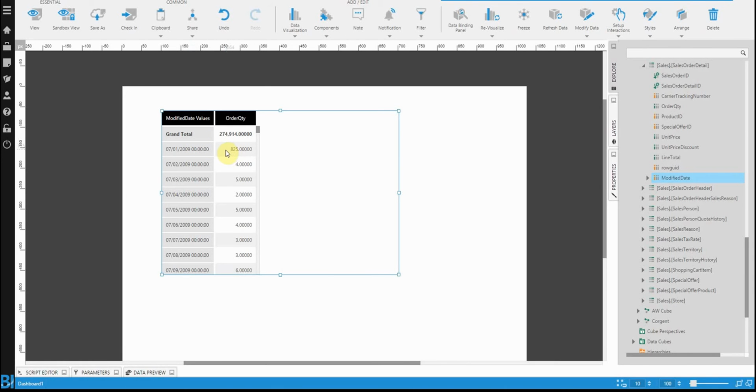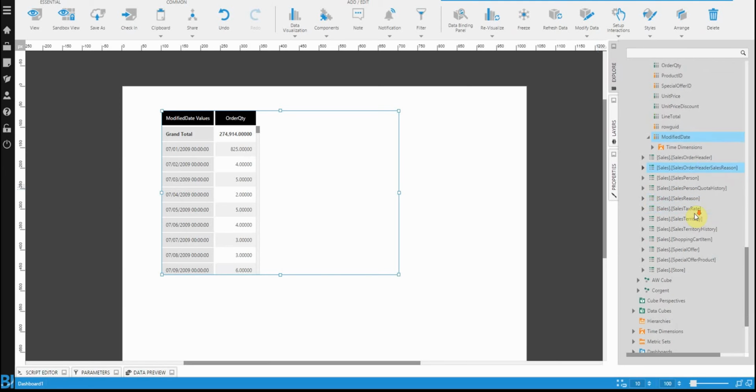And that's where dimensions come in. I don't necessarily want to see this much data. I might want to group this up or do some kind of aggregation. And that's what you use time dimensions for. So you'll notice, if I expand modify date, it automatically recognizes this as a date and associates our time dimensions